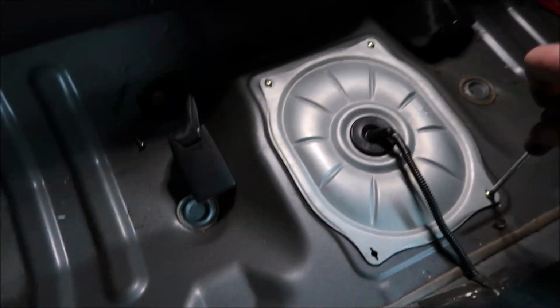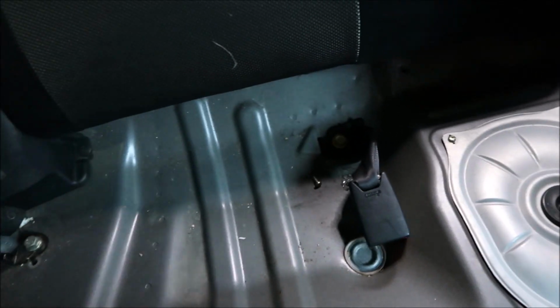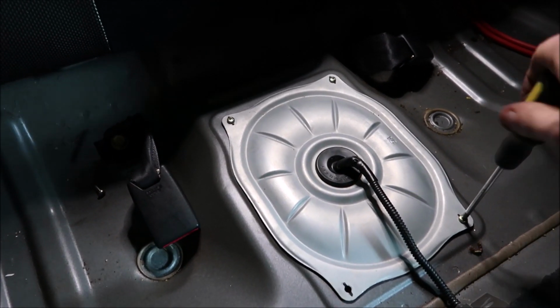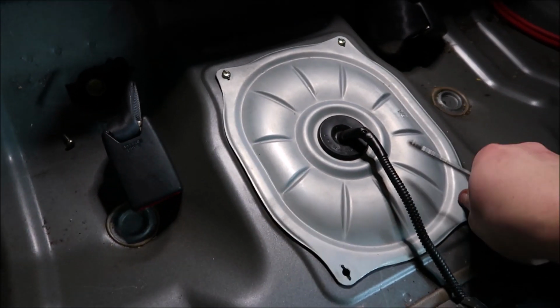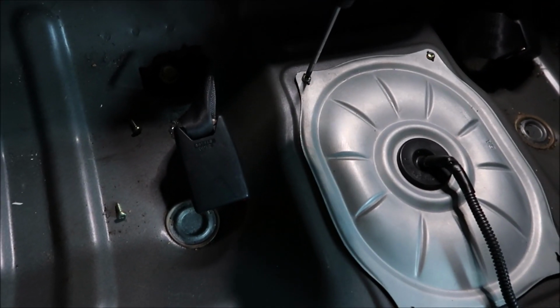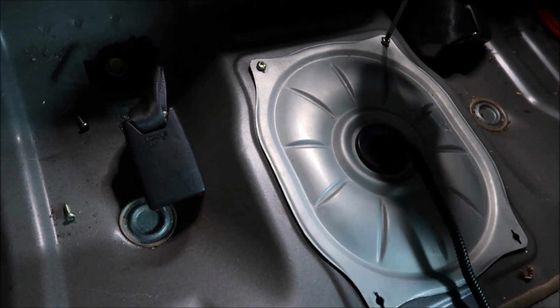Obviously you've got to remove the seat, the bench, so there's a 10mm bolt there, and then you just yank either side of the bench up and that removes it. That releases it into the wild. So get these 4 posi screws out, lift the plate up,